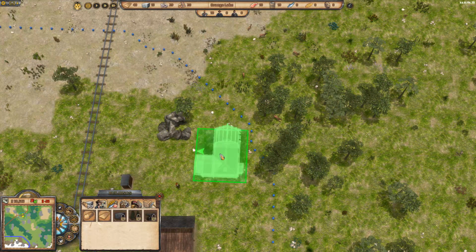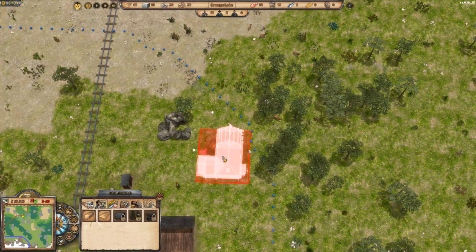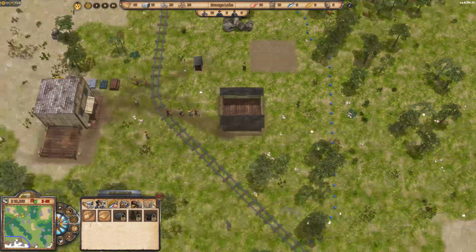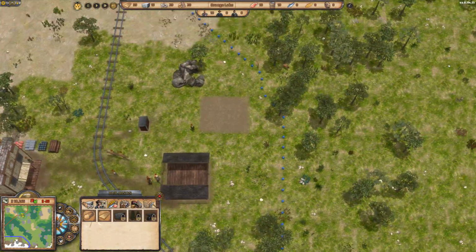The rotation system seems to be a little confused. You're supposed to press the middle mouse button, right? But it seems a tiny bit sticky, if I'm being honest. All right, well, I'm going to put that right there, and hopefully they get that built soon. Because I got a feeling...